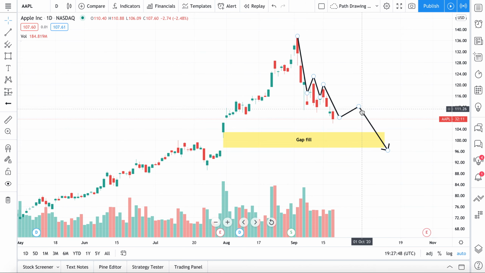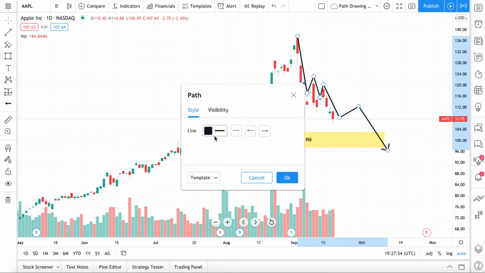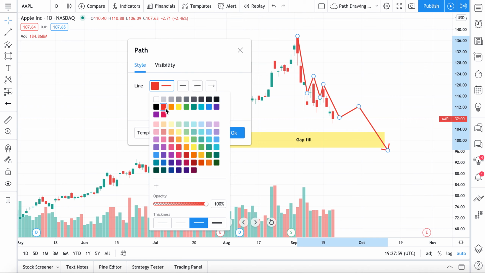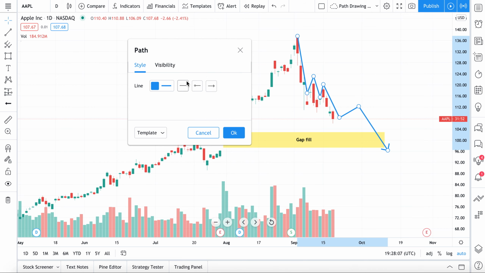By the way, your Path drawing tool can be completely customized. Double click it, and what you can do if you watch the path line here is you can change the colors. So we can go to red, orange, yellow, green, blue, purple. You get the idea. Really easy to do. Another thing we can do is we can make the line dashed or dotted, but let's keep it as a line for now. You can also choose to have arrows at either points of the path line that you draw, or you could have no arrows. Let's keep this arrow here for now, and on this side we don't want an arrow, so this is just